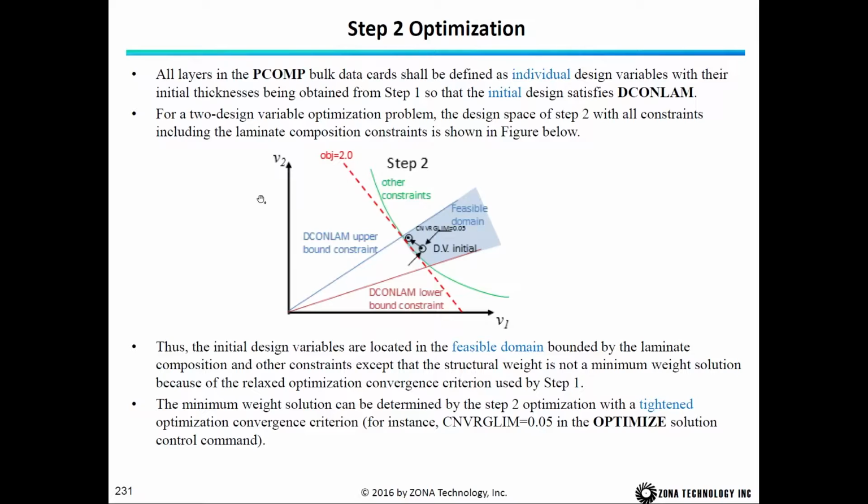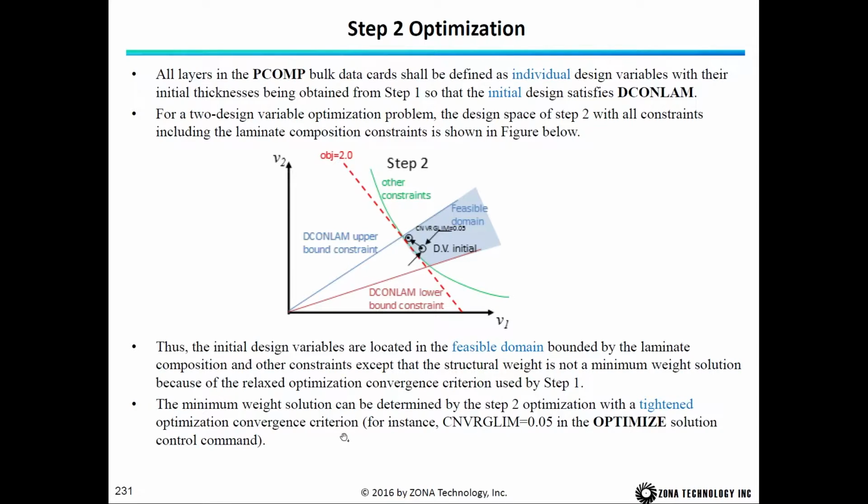So for the two design variable problem, the design space of V2 with all constraints, including the laminate composition constraint, is shown in this figure. Thus, the initial design variables are located in the feasible domain bounded by the laminate composition constraint and other constraints, except the structure weight is not a minimum weight solution because of the relaxed optimization convergence criterion used by step 1. The minimum weight solution can be determined by step 2